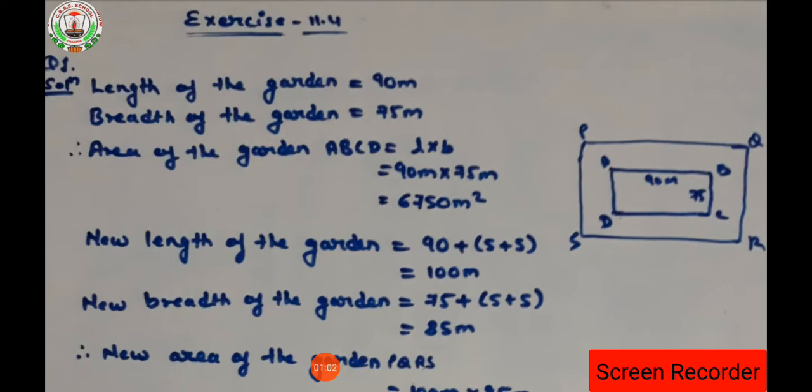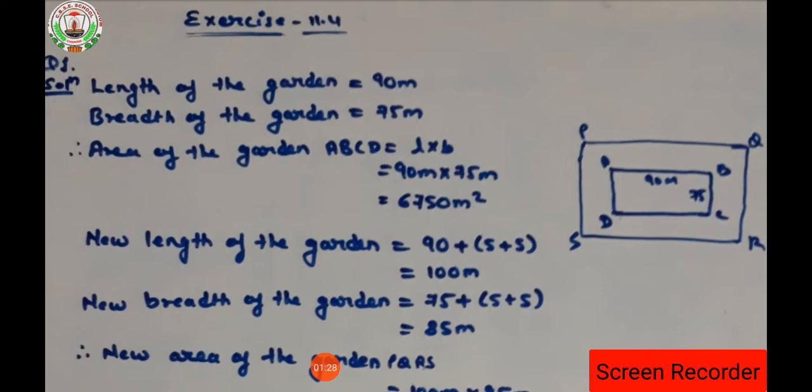So here we are going to find the area of the path, and after finding the area of the path we have to find it in the form of hectare. That means meter square is being converted into hectare. So remember student that 1 hectare is equal to 10,000 meters square. Clear? So look how to solve.